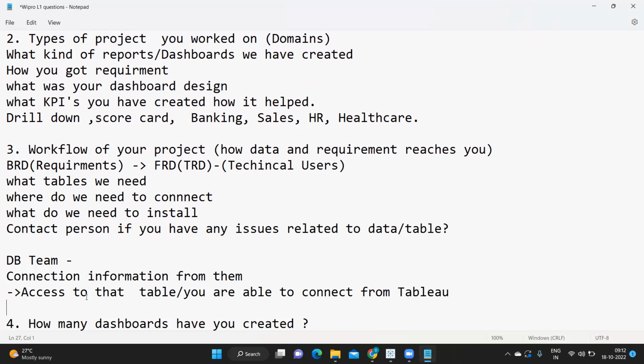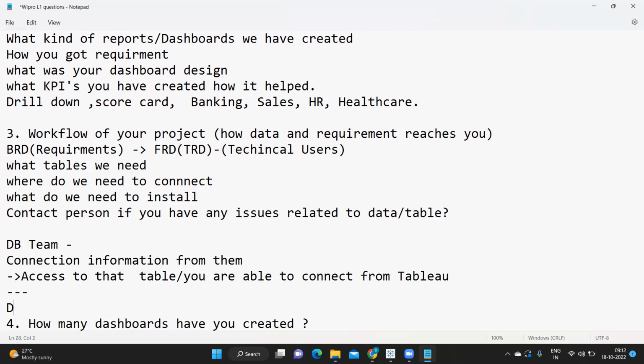So from that DB team, that is about data, and then DB team will give us the data, and then requirement we get from the business. Okay. So let us write it out. DB team is involved, plus we have FRD, plus multiple reviews with the business, and then product finalization. So in simple terms, if I try to wrap it up, this is how